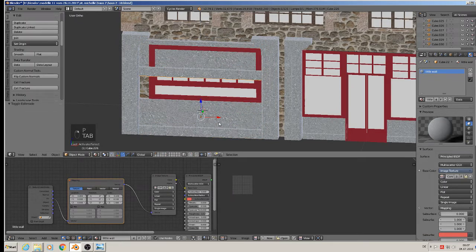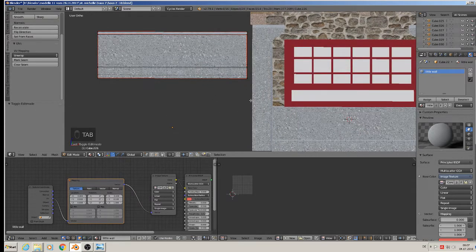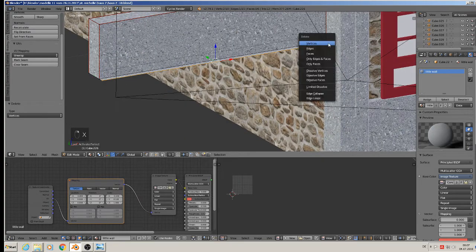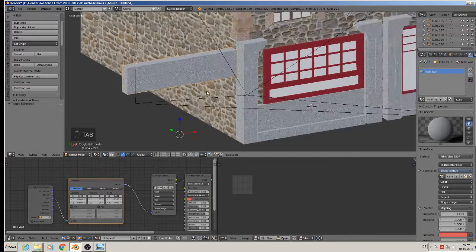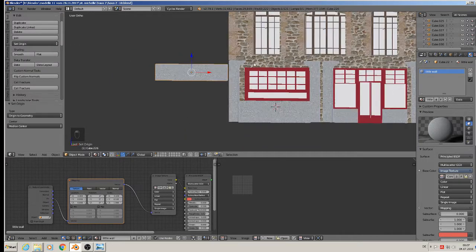Now we have that as a singular one. Then we can delete the complete down part. We only need a plate or cube, like you call it. Mark that complete seam. So we have that. And set the origin to geometry, and we build now for all these panels